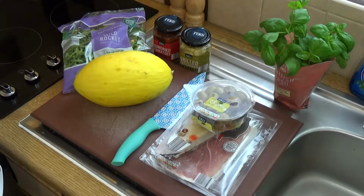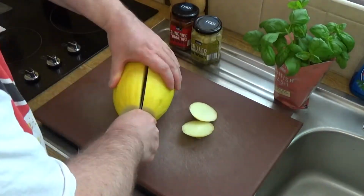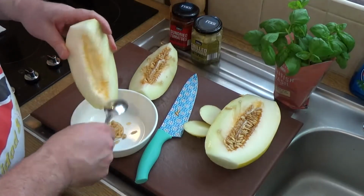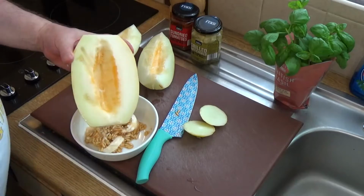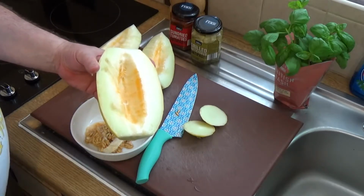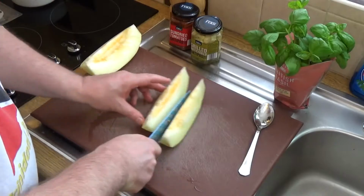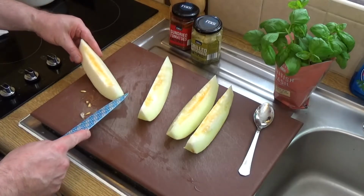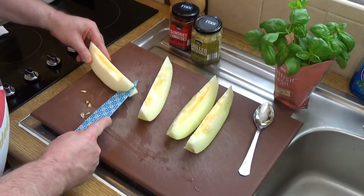Alright, first of all I'm going to get all this out of the way and cut up the melon. So we'll do that in time lapse so you can see it happening. I'm going to wrap this piece up and use it for later. Okay, the next thing I'm going to do is cut these down the middle again. So I've got these nice generous slices, and what I now need to do is take my knife and take it along just the bottom of the melon,